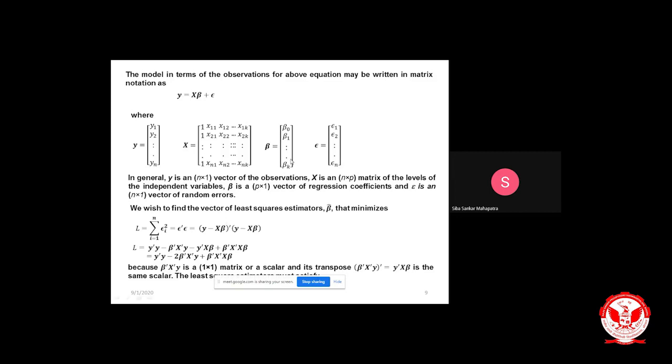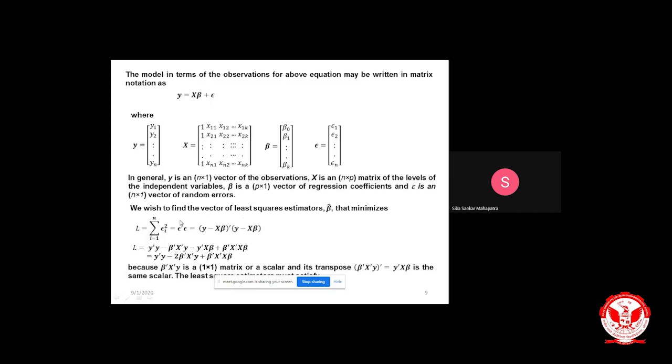epsilon 2 up to. Now, as is usual, for the least square estimate, we will calculate the error. Error can be positive errors or negative errors. That's why we take the square of the error. This square of the error can be represented by E transpose E, epsilon transpose with epsilon. This epsilon transpose can be written as y minus x beta transpose, and this epsilon is y minus x beta.